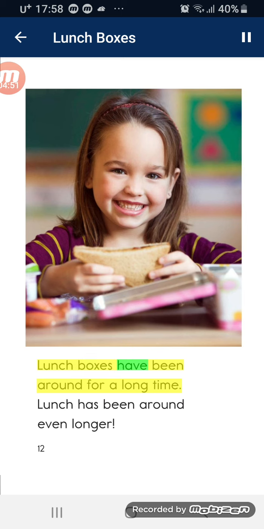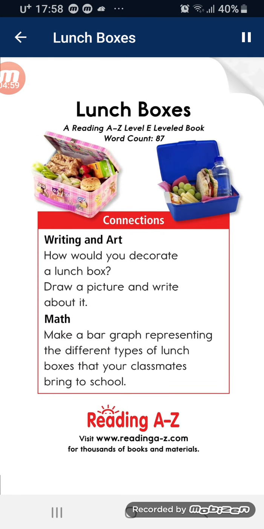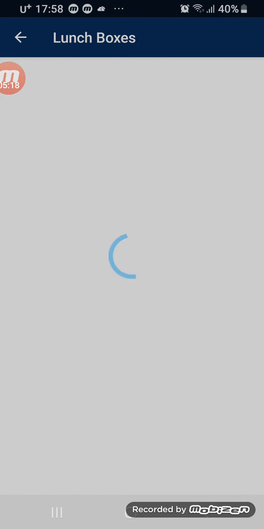Lunch boxes have been around for a long time. Lunch has been around even longer. Connections. Writing and art. How would you decorate a lunchbox? Draw a picture and write about it. Math. Make